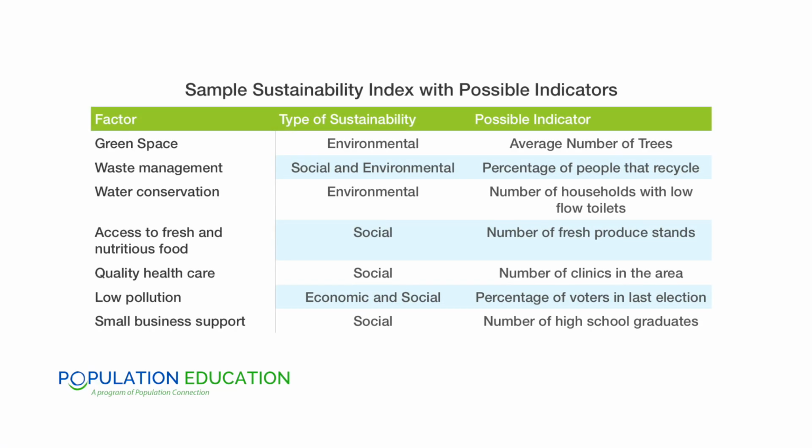Students can use the provided student worksheet to organize their thoughts, and we've also included a sample sustainability index in the lesson plan that has 10 factors, as well as 10 indicators and 10 possible methods for data collection. When all the groups have finished their worksheets, you'll have the groups pair up and share their factor indicator pairs, as well as discuss any limitations they think might exist for the data collection method that they came up with, or if their method is actually able to be implemented in the real world.